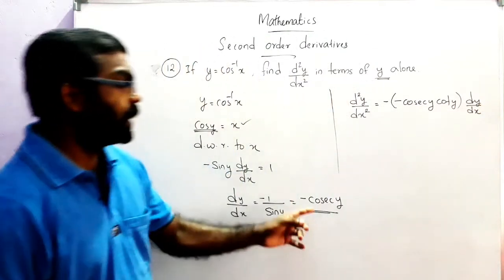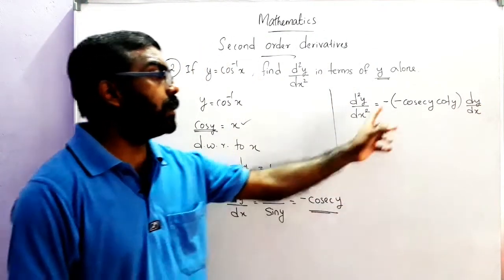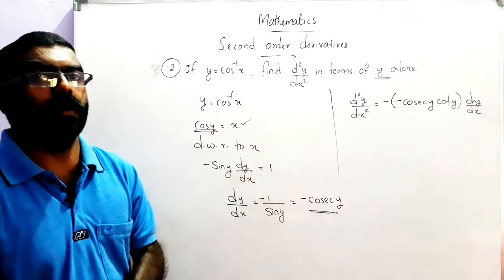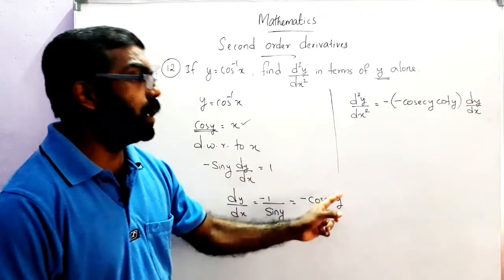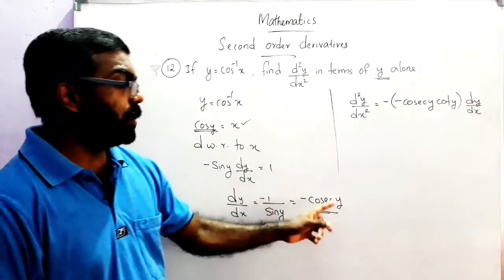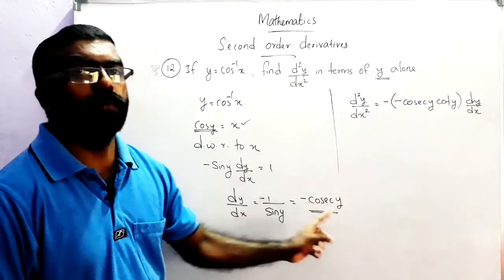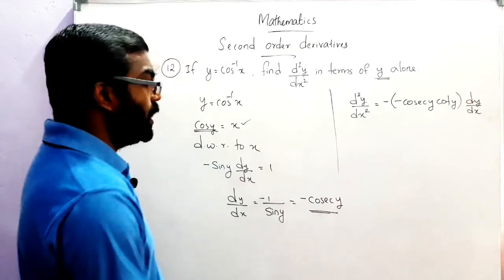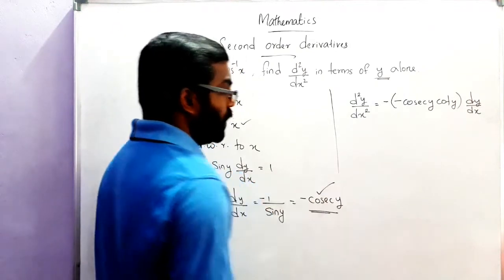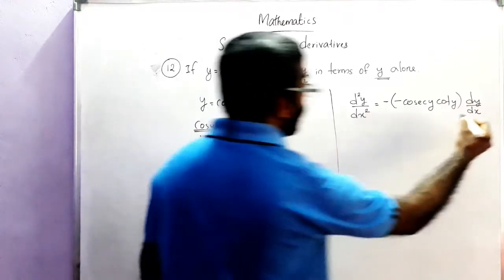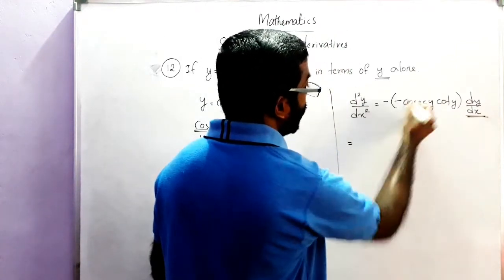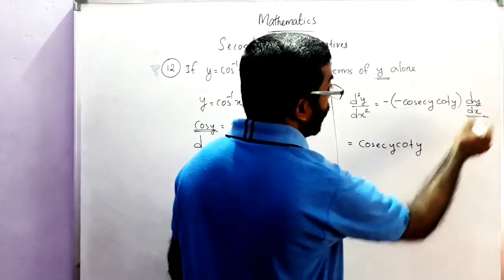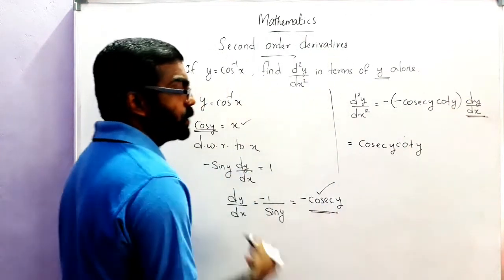Once again, here the term is minus cosec y. I write the minus sign first. Then cosec y. Derivative of cosec y is minus cosec y into cot y. But instead of x the term is y. So we have to apply the chain rule. That means we have to multiply with the derivative of y, and derivative of y is what? dy by dx. But the value of dy by dx we got as minus cosec y, that we can replace. So minus into minus plus cosec y cot y. Instead of dy by dx we can write minus cosec y.